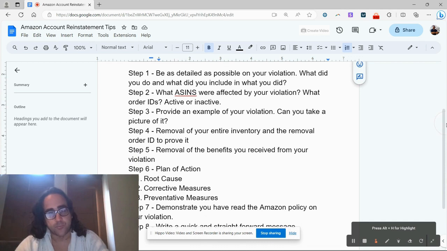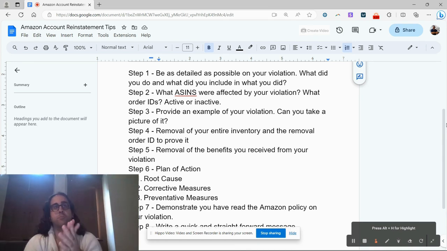So number one, be as detailed as possible on your violation. What did you do and what did you include in what you did? I don't want it to be vague at all. Sometimes this step one doesn't really apply to everything. So for example,